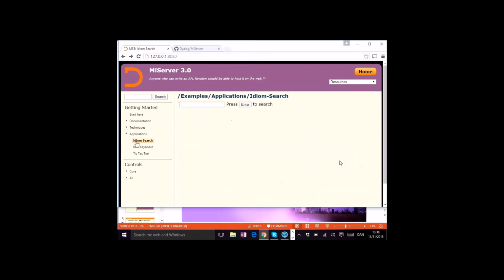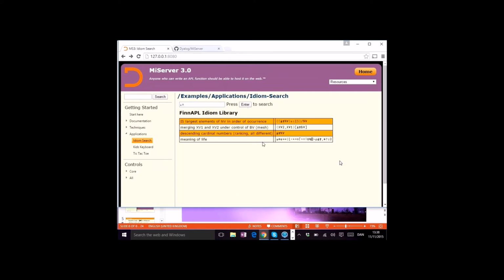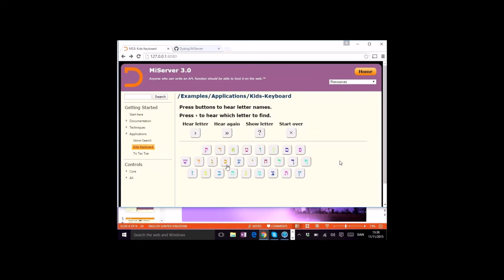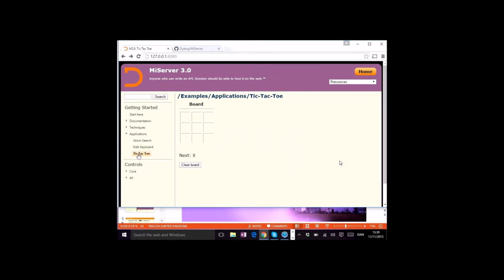Okay, idiom search. We built a very little sample application where we've taken the FinAPL idiom library and our own Dyalog idioms. My favorite is the two fighter aircraft flying past each other. I can search for all the idioms that contain upgrade, downgrade. You see, there are actually 4. There's a kid's keyboard where if you're trying to teach a young kid Hebrew, you can use that. And there's a not very sophisticated tic-tac-toe game, but